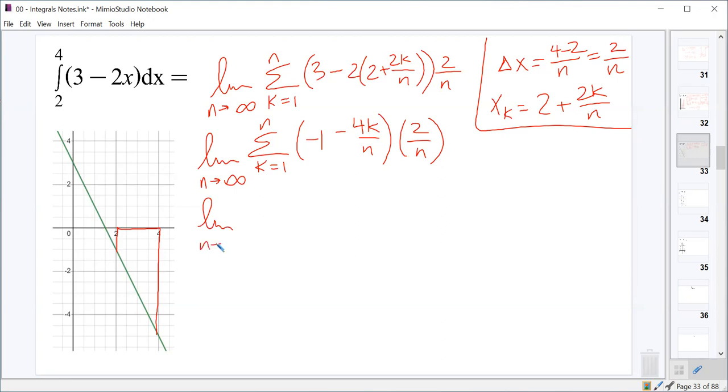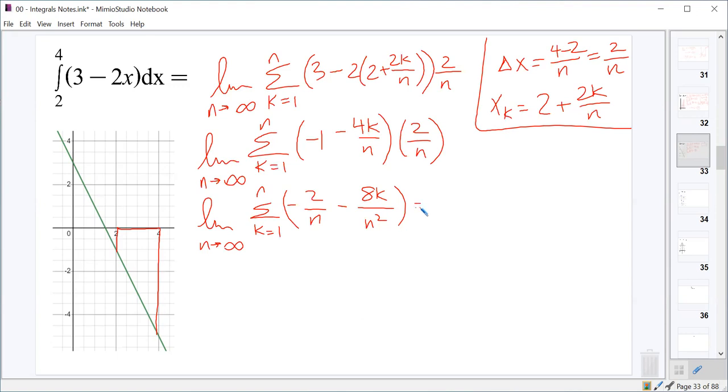So we'll simplify that down a little further. We'll distribute that out. That's going to give us negative 2 over n minus 8k over n squared. And once again, this one is just the same idea. We're going to take that negative 2 over n and multiply by n because we're summing together n of them. And since we're summing together negative 8 over n squared k's, we'll just multiply negative 8 over n squared times